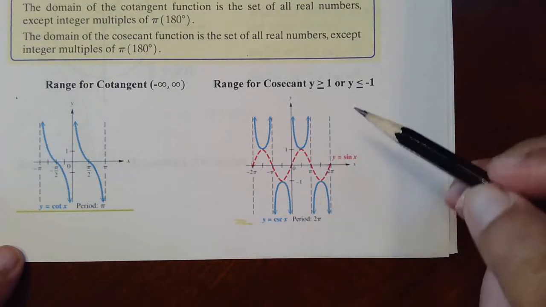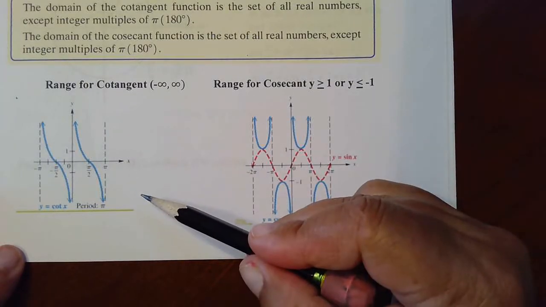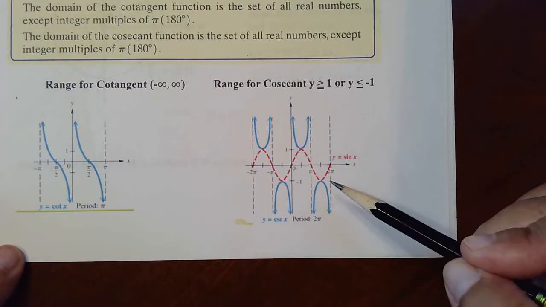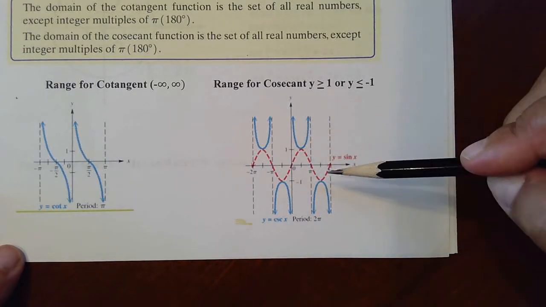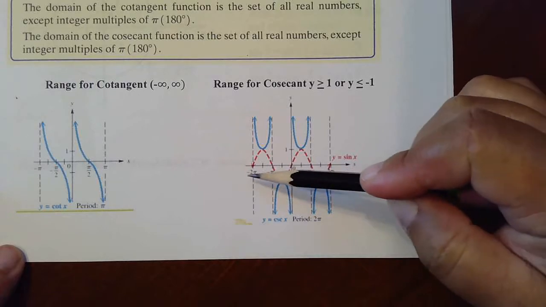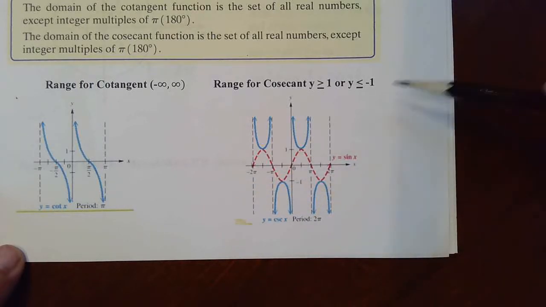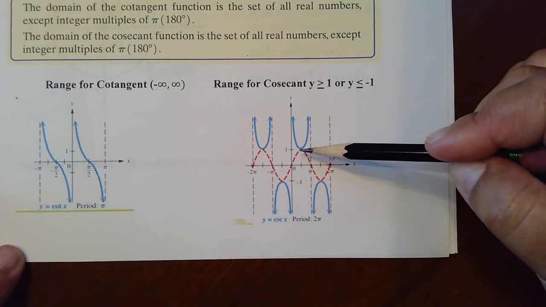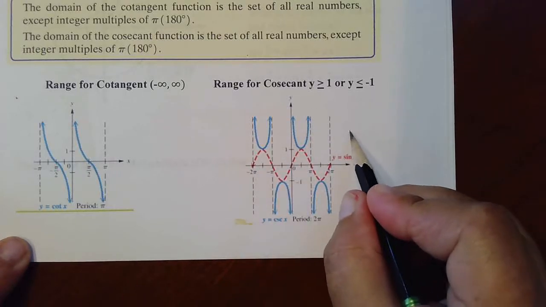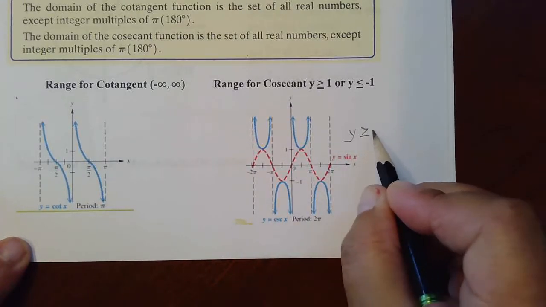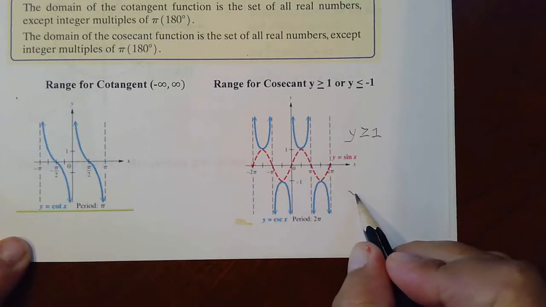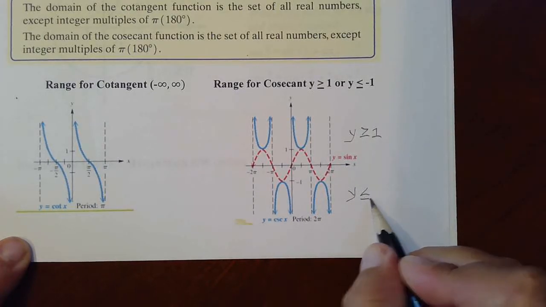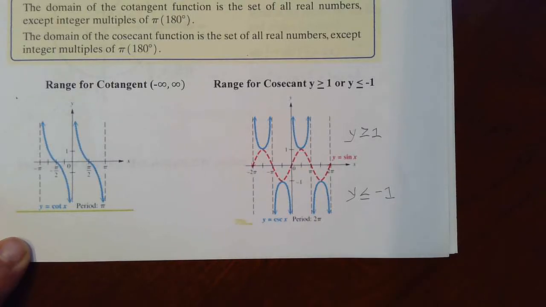Likewise, last graph, when you're looking at this, the domain is all real numbers except at integer multiples of pi. 1 pi, 2 pi, 3 pi. Likewise over here. Your range, as stated here, it is all values, these upward parabolas are all values greater than or equal to 1, whereas the upside down parabolas are all values less than or equal to -1. That's your range. I'll continue this discussion in the next